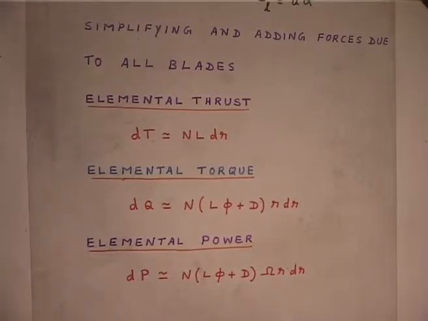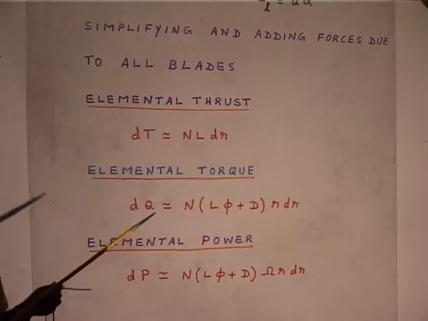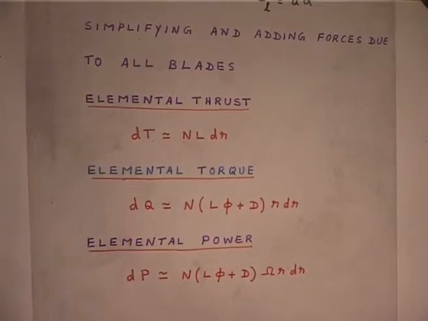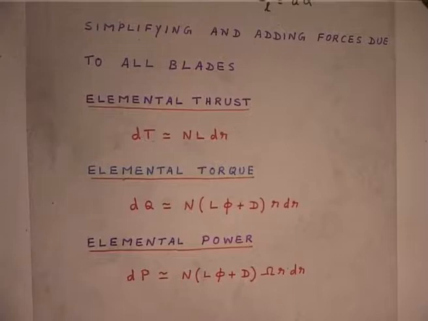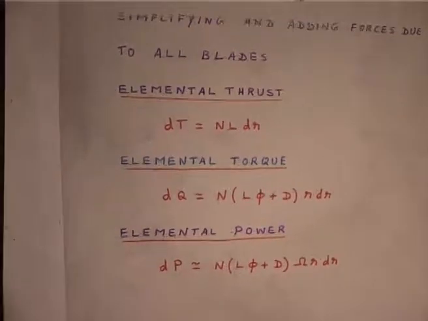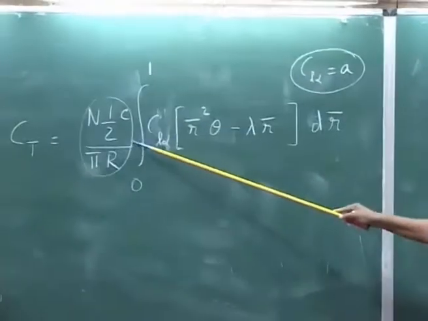So, the force into distance is the elemental torque, okay, and the power is torque into omega, because torque into omega is power. Now, I have all three quantities: elemental thrust, elemental torque, elemental power. I have only shown you this particular thing. If I integrate this,